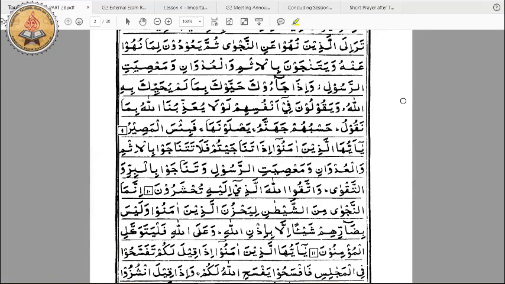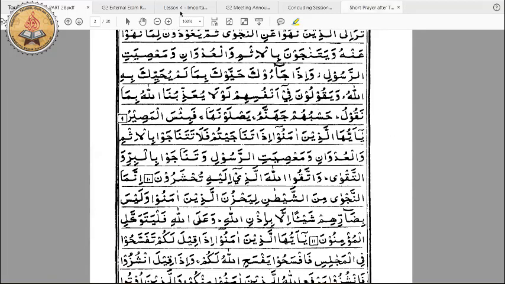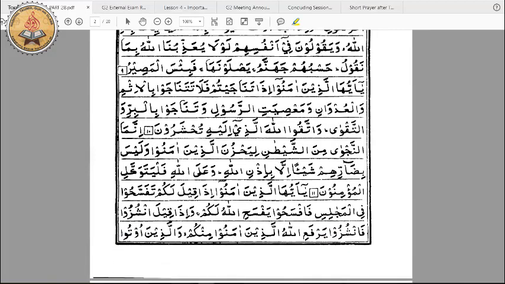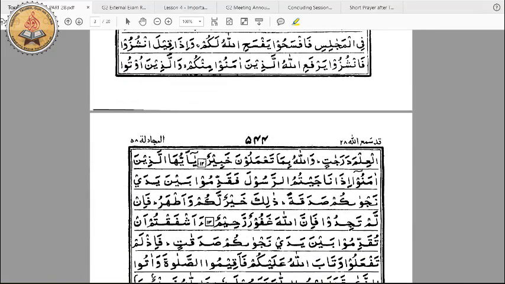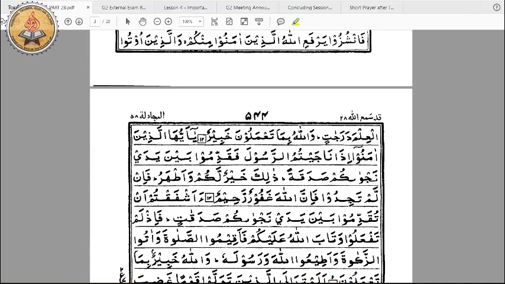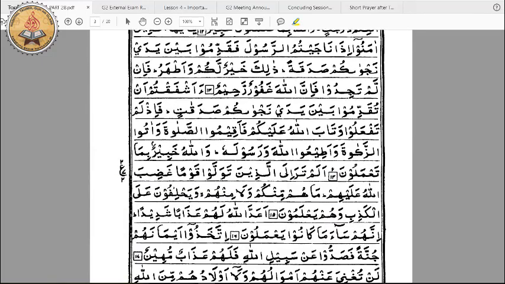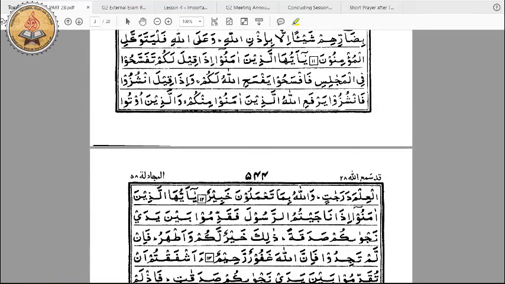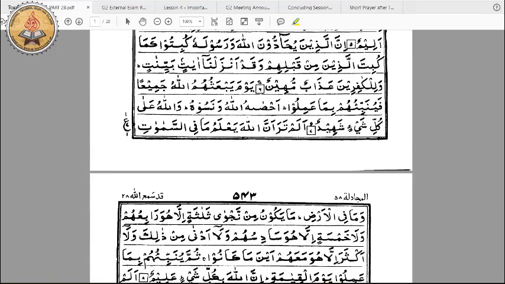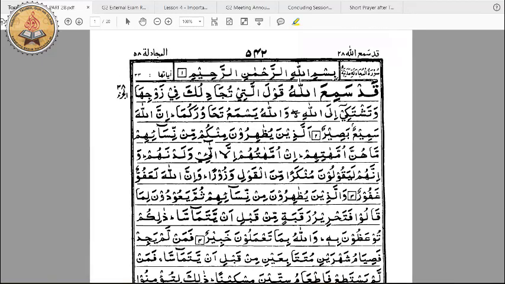Obviously, it would take too long, and we wouldn't be able to do the rest of the things that we have planned for today if I was to go through each ikhfa and izhar place. So what I'm going to do is I'm going to ask a student, if the ST could please give me a student, to recite a portion that I highlight and then either do ikhfa or izhar. Yes,